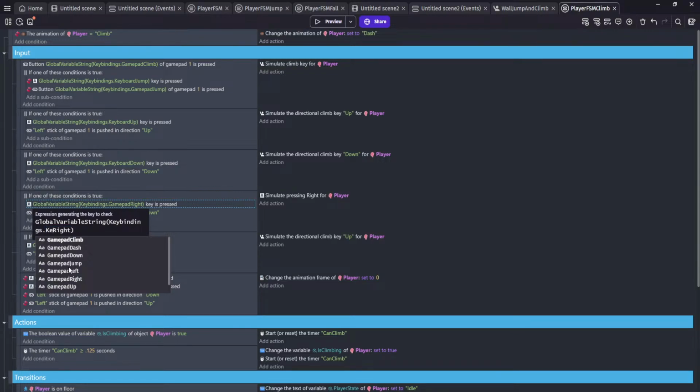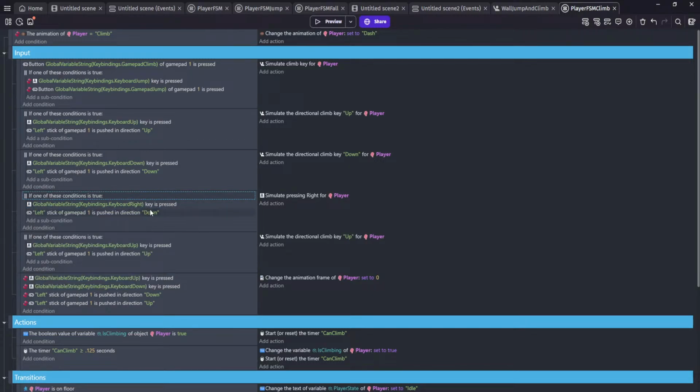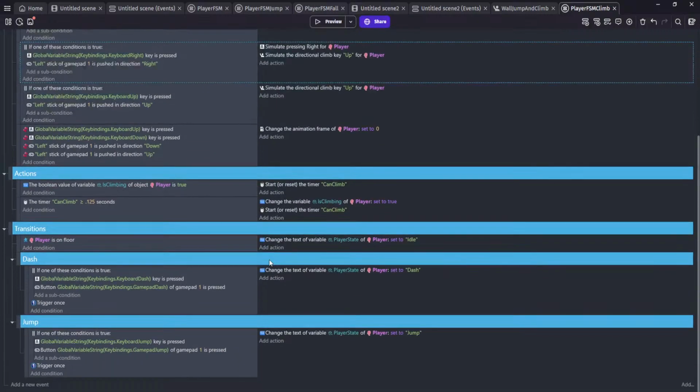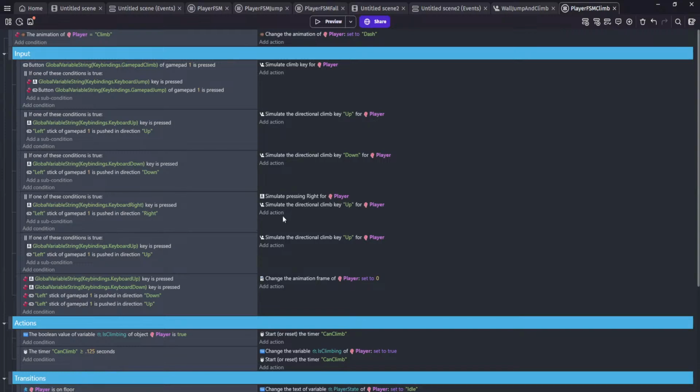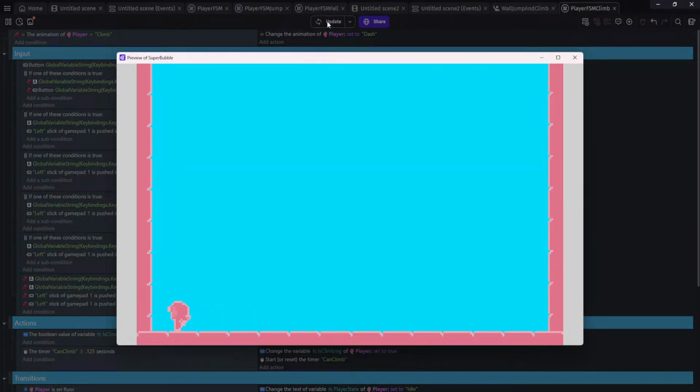This needs to be keyboard down, keyboard right. So if we're going to the right, then we need to go right. And we're going to simulate right, but then we're also going to simulate up and then change to jumping. Let's see if that'll work. So go to the right. It's going to press right, up, right, and jump. Because when we jump on the wall, we want